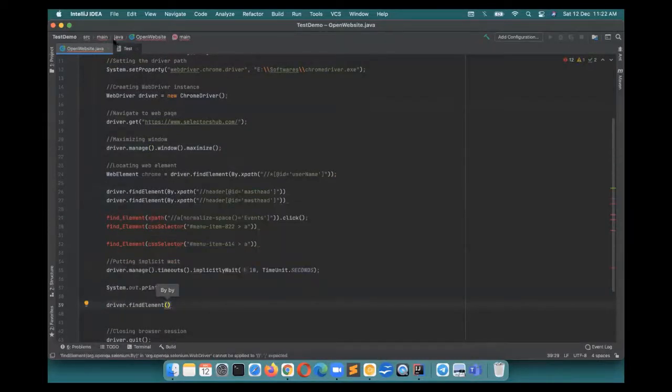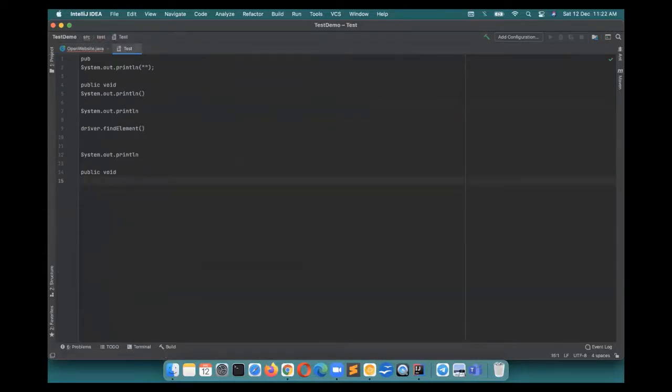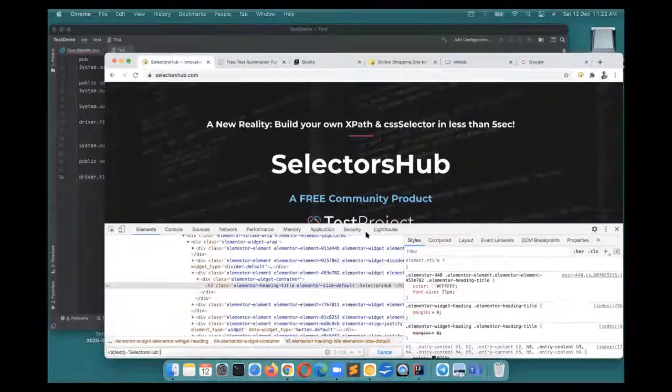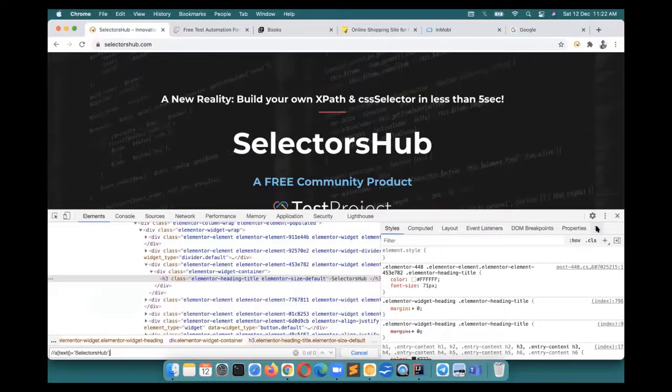But if you have to type that command, that used to take a lot of time. Like if you have to completely type that command, it depends on how fast you type and how much you remember. So see, same thing, how fast we can do it on SelectorsHub.